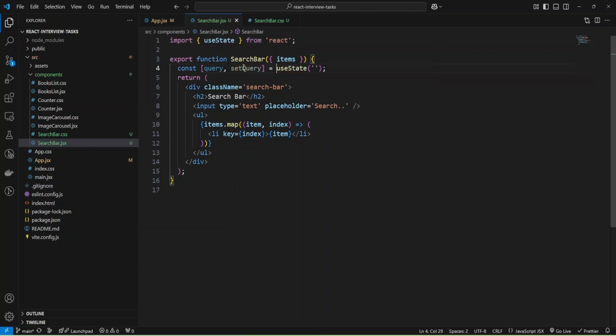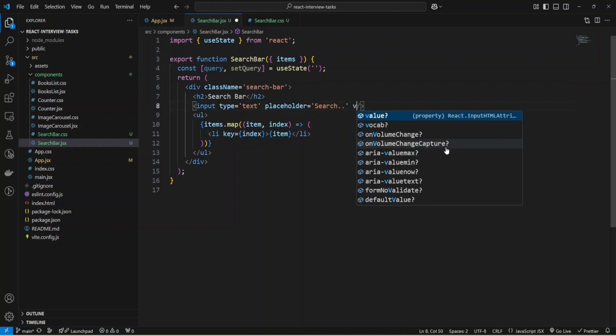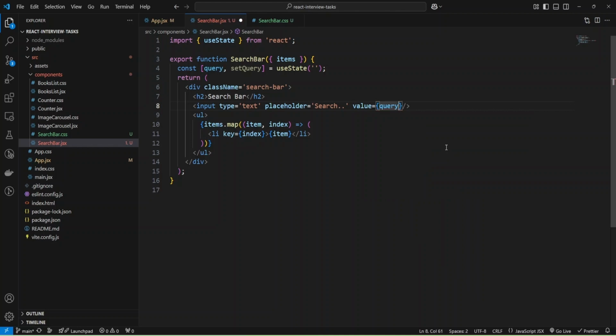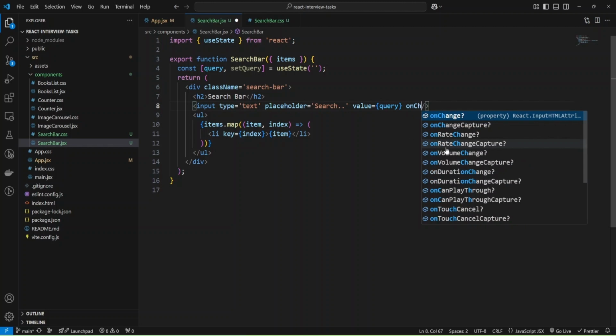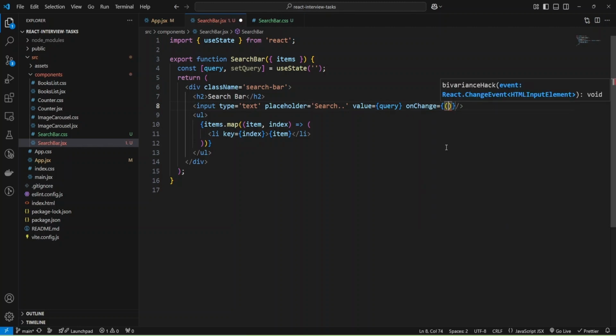Okay, and now we can use this query inside input, and provide value as query, and also we can add on change handler to change the value of our query when the user provides some value.